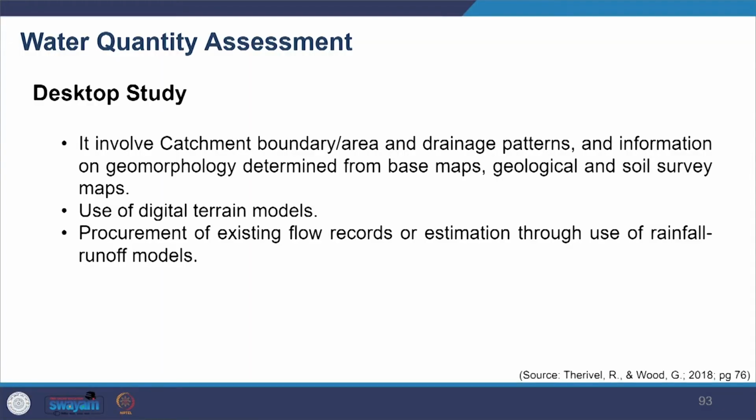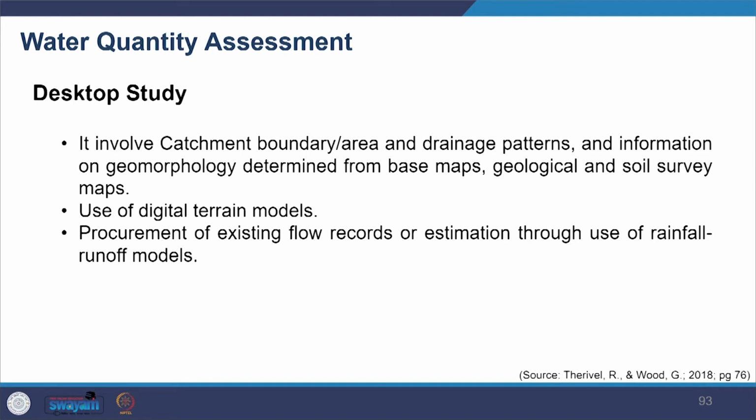catchment boundary area and drainage pattern and information on geomorphology such as slopes, geology, soil and land use, which can be determined from the base maps, geological and soil survey maps. We also see use of digital terrain models. You can also procure existing flow records or estimation through use of rainfall runoff models. The limits of the river floodplain may be already there based on the